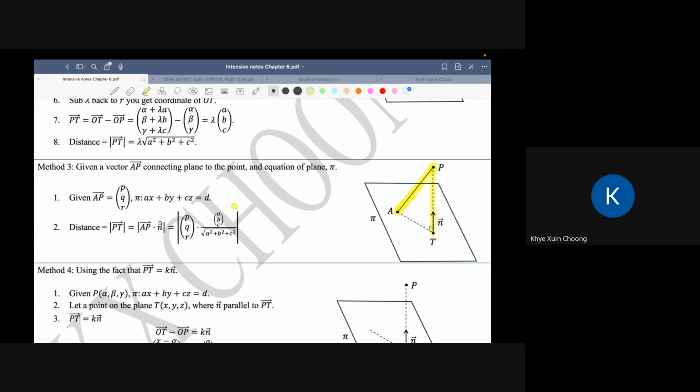Let's say you found this vector AP as (p, q, r), and you have the equation of the plane ax + by + cz = d. Then for the distance PT, you can use this formula: AP dot N cap. What is this? If you recall, when we have a dot product, we multiply the